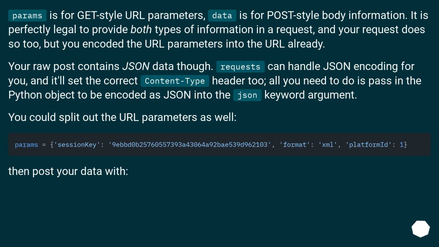Requests can handle JSON encoding for you, and it'll set the correct content type header too. All you need to do is pass in the Python object to be encoded as JSON into the json keyword argument. You could split out the URL parameters as well. Then post your data with